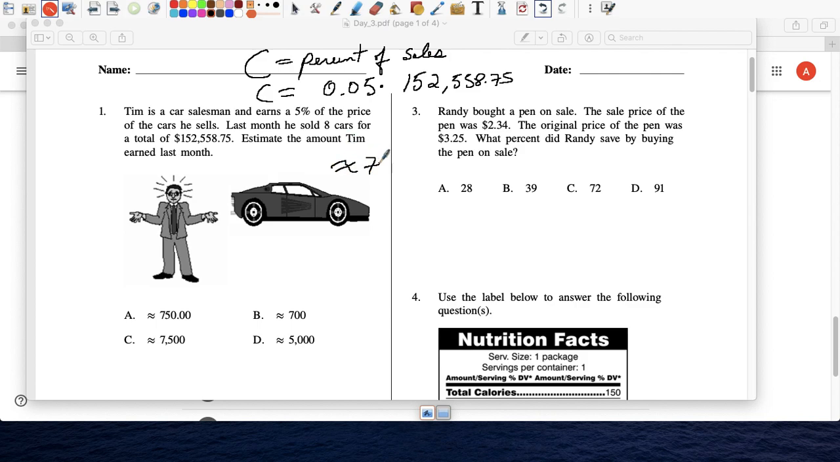About 7, well, closest number here, 7,500, right? The calculator answer was around 7,627.94 to be more exact. All right, so the multiple choice was C. All right, so again,